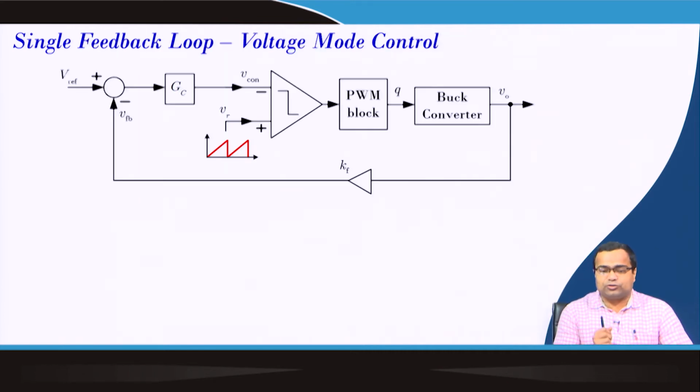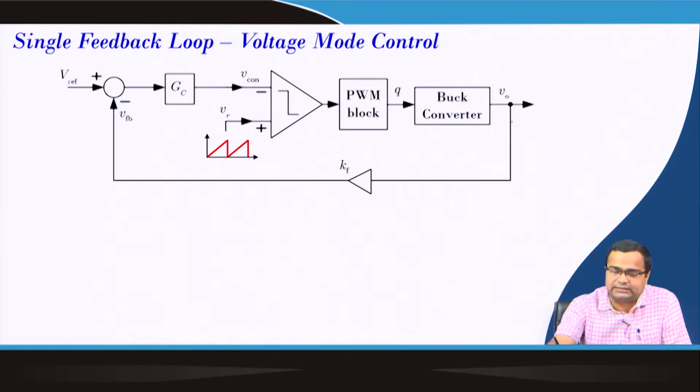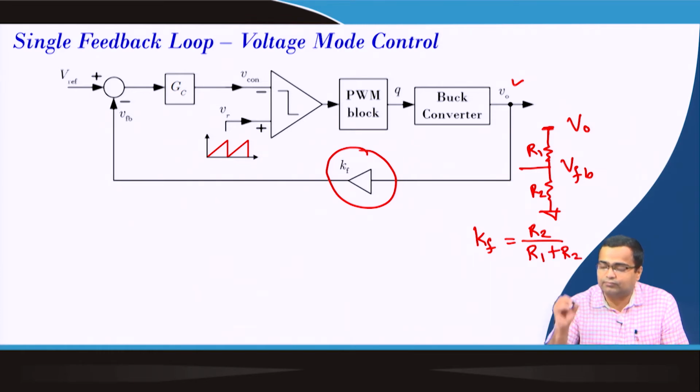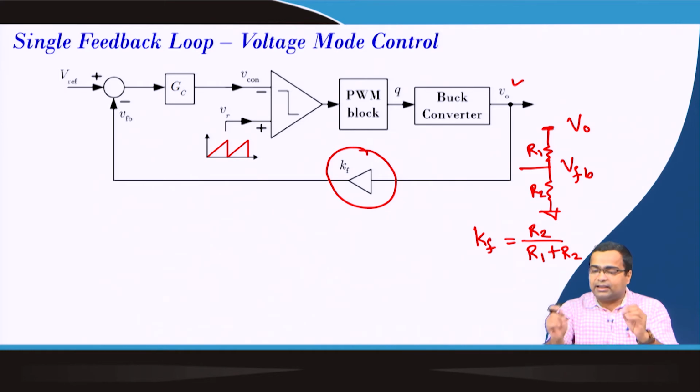So, in case of voltage mode control, the output feedback, as we discussed, is a voltage, the output voltage, and this could be a resistive divider. That means we can simply consider a resistive divider path. This can be the actual output voltage, and we can tap this. This is my feedback voltage. We can put R1 and R2, and this Kf, which is the feedback gain, is simply R2 by R1 plus R2. But we need to take care to consider the loading effect.